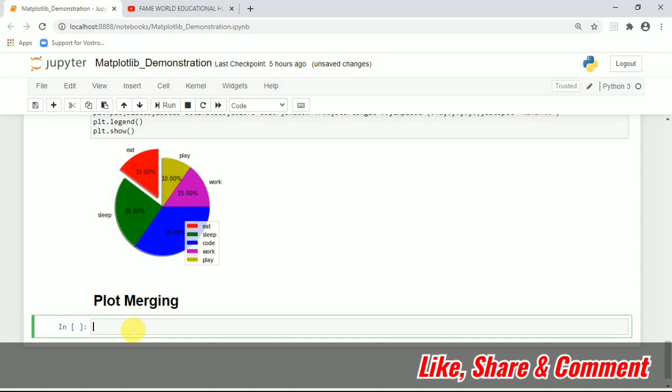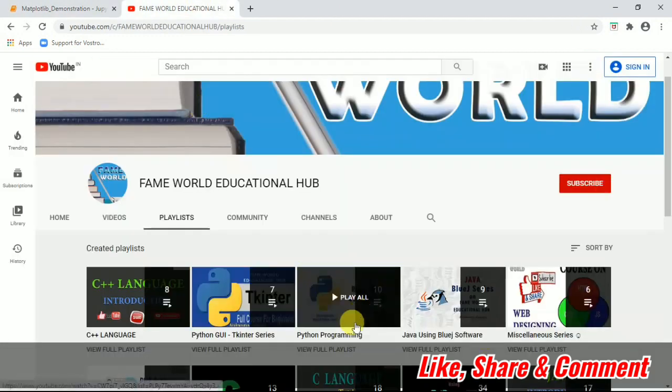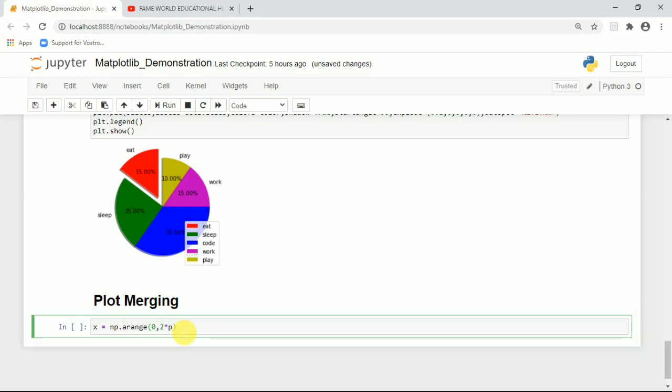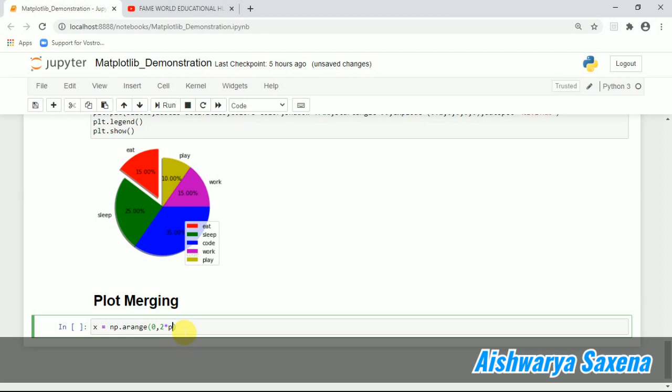For that I have already imported the required modules in this particular notebook, so I'm not going to import them. I'm just taking the required variables, np.arange. If you have watched the Python basics playlist, the Python programming series which I have uploaded, you will get the concept of NumPy there, so you can go through it. I'm just taking this arange, which is a function of NumPy, which we have already done in the Python series, so please go and watch it if you haven't watched it.